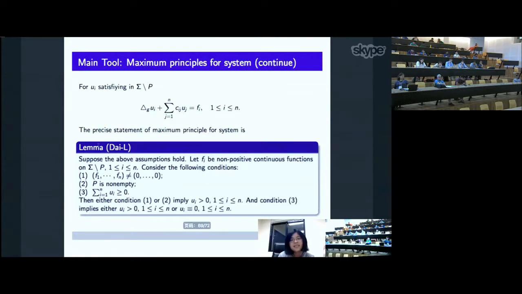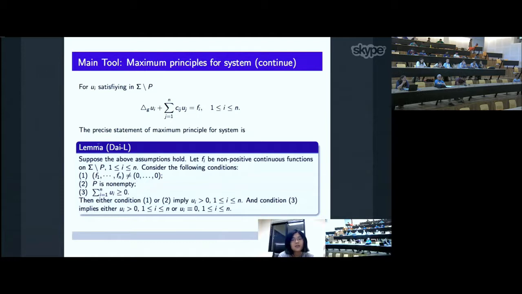So basically, conditions 1, 2, 3 are just to prevent some trivial things from happening. For example, the first one is we don't want all these f_i to be 0. Condition 2 is we don't want there to be no bad points. And condition 3